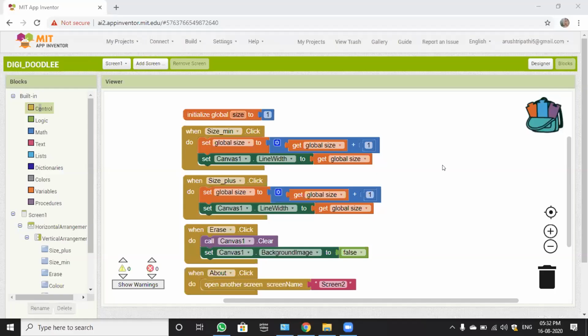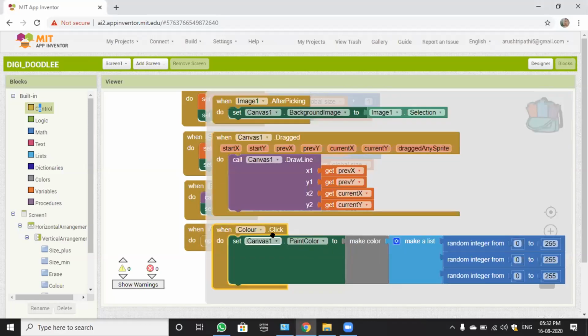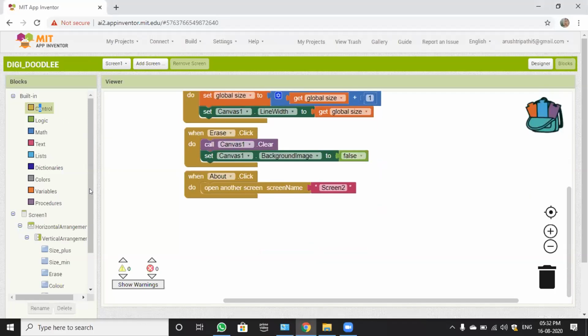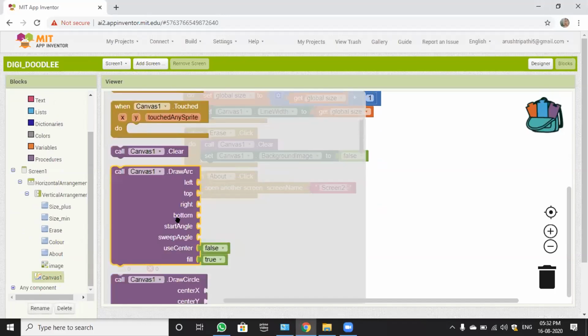Yes, it is correct. I saw global size. Okay, sir. It is correct. Very good. So we have done size minus, size plus, raise about, and we have also created a variable. Now we have to do the color. Okay, so go to canvas and take a block that is